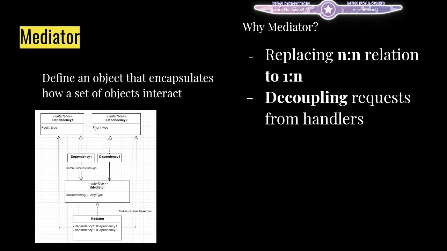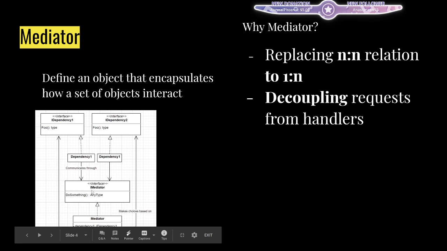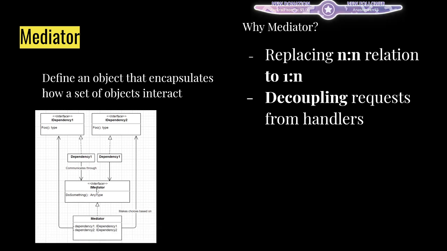I should probably update this a bit. Anyways, if something happens here, you need to use mediator to make a choice depending on this thing. So if something happens in I-dependency,